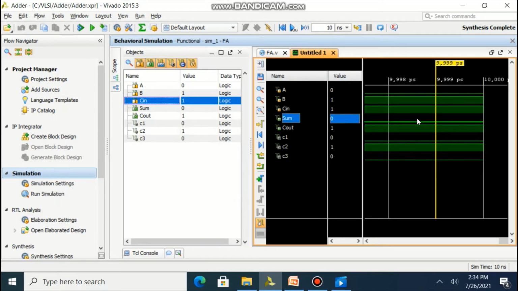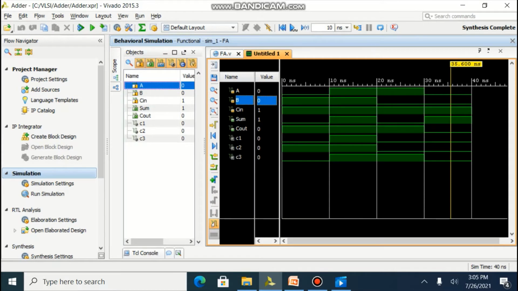You can observe some output is generated as 0 and carry out is 1. Simulation output for various combination of A, B and Cin is shown over here. You can observe this yellow cursor for which the value A, B are 0, 0, Cin is 1. So sum is visible as 1 and Cout as 0.